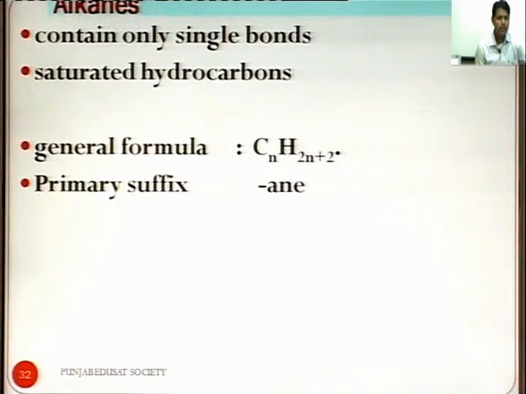Saturated hydrocarbons. So, the general formula of alkane is CnH2n+2. The primary suffix is -ane. So, in CnH2n+2, if n is 1, the compound is methane, CH4, and if n is 2, the compound is ethane